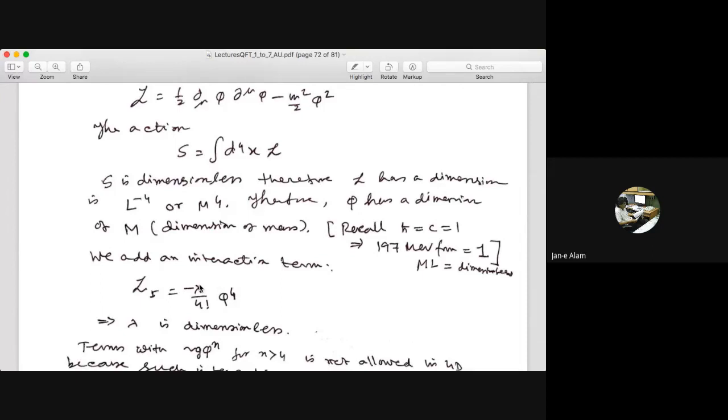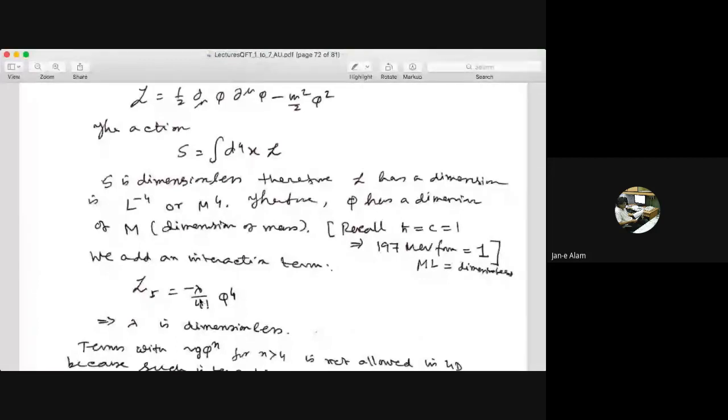And whenever the coupling constant has any dimension, that theory will not be renormalizable. This is the guiding factor to write down the interaction for the Lagrangian. Now, you can ask, how do we know that? If I do higher order calculations, I will be able to show you explicitly that if lambda has a negative mass dimension, then higher order calculations using that theory will diverge. But here, let me give you an argument.